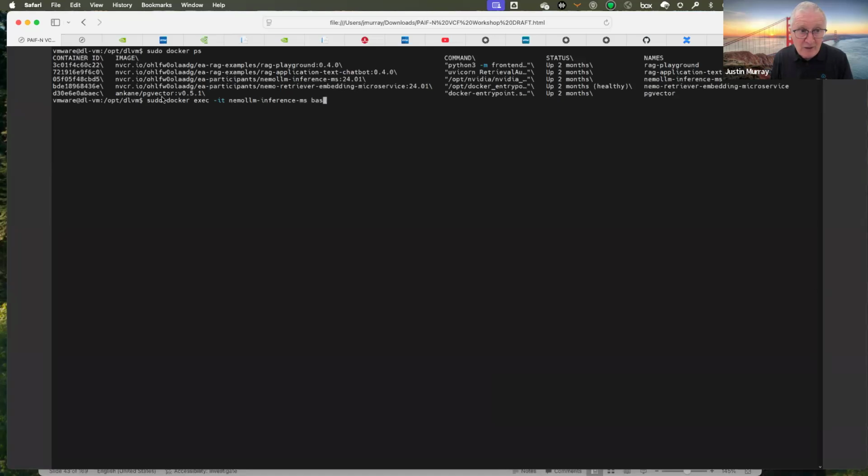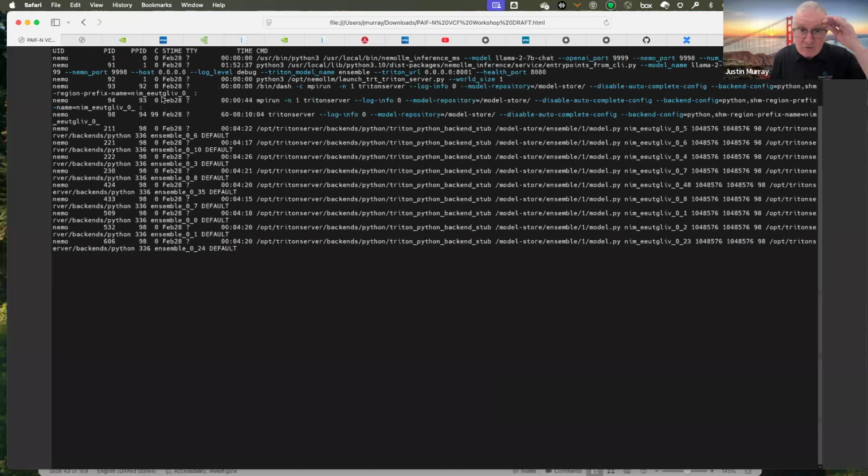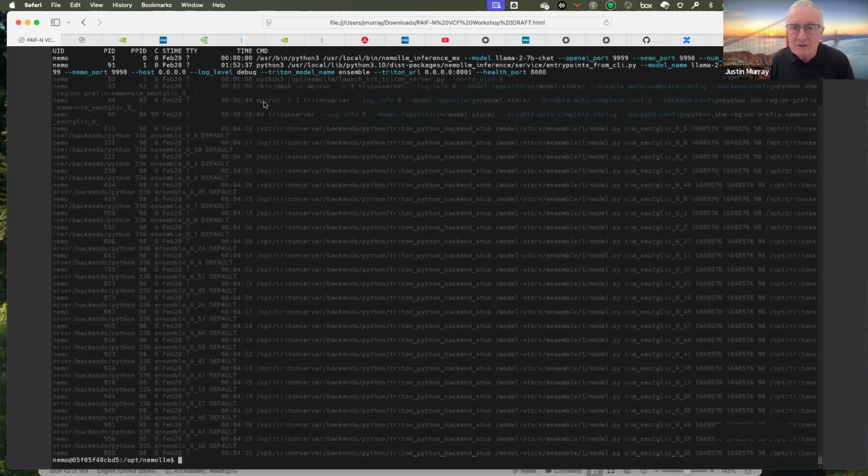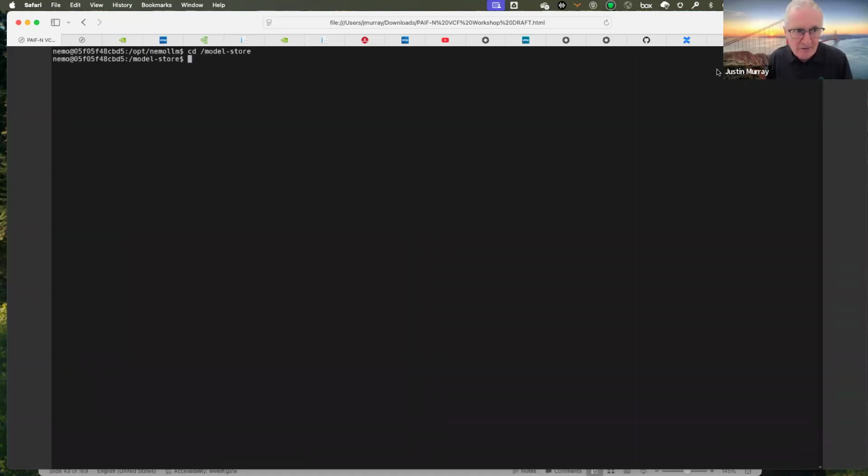So if I were to exec into that inference microservice, that's called a NIM, as we saw earlier, we would see that it's running a runtime for models called Triton. It can also run other models, but here it's running Llama 2 7 billion on the right-hand side. So we know what model. That's the default model that we deploy for you. You can, of course, change this in the automation if you wanted to. You can adjust everything that's going on here, looking at the code in the automation if you wanted to.